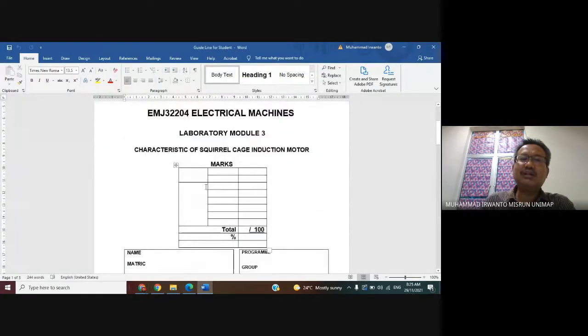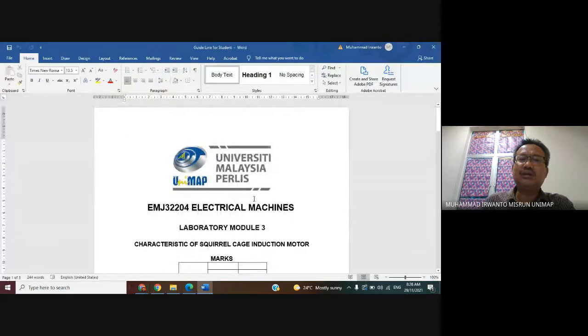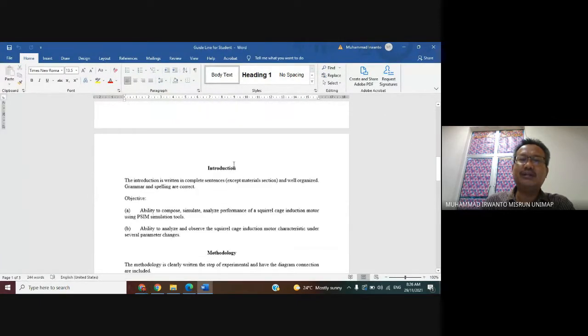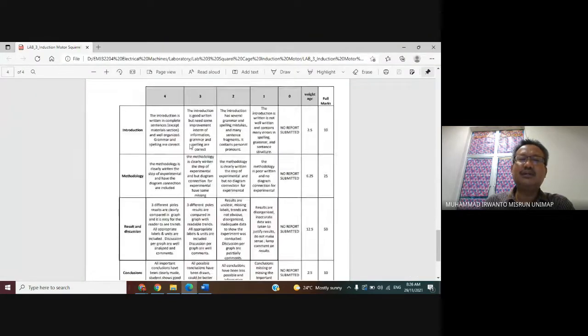Take a look, this is roughly what we have if we want to make a lab report. This one is the prompt, and then in terms of the rubric, the content of the report, the student has to create